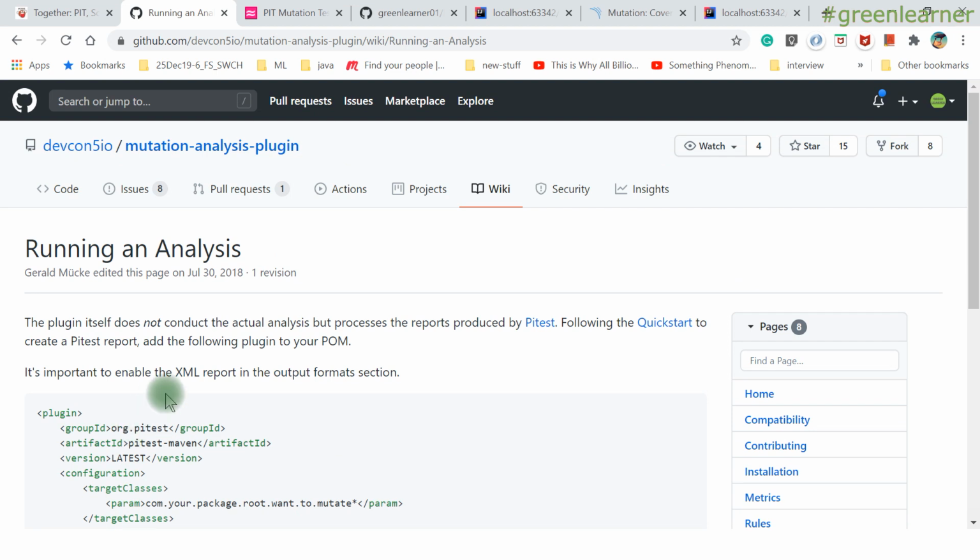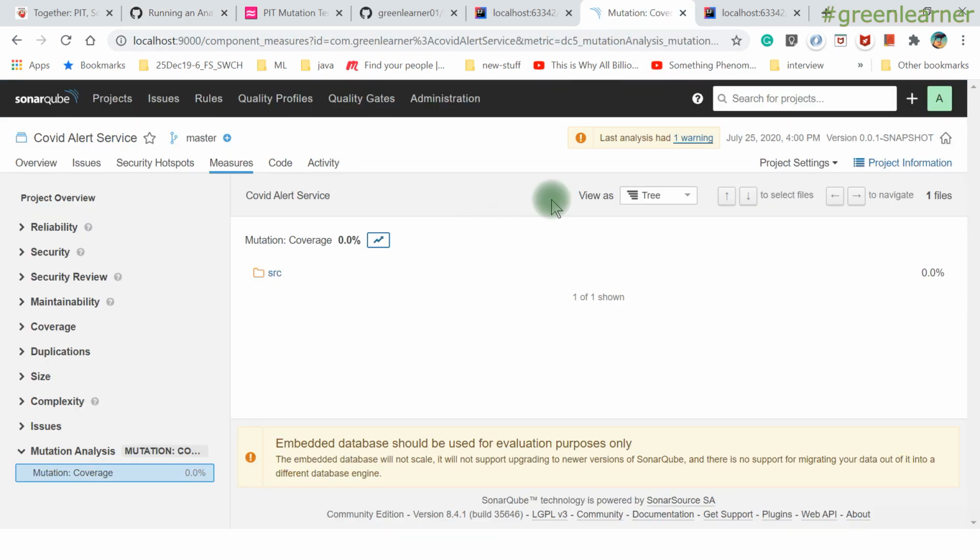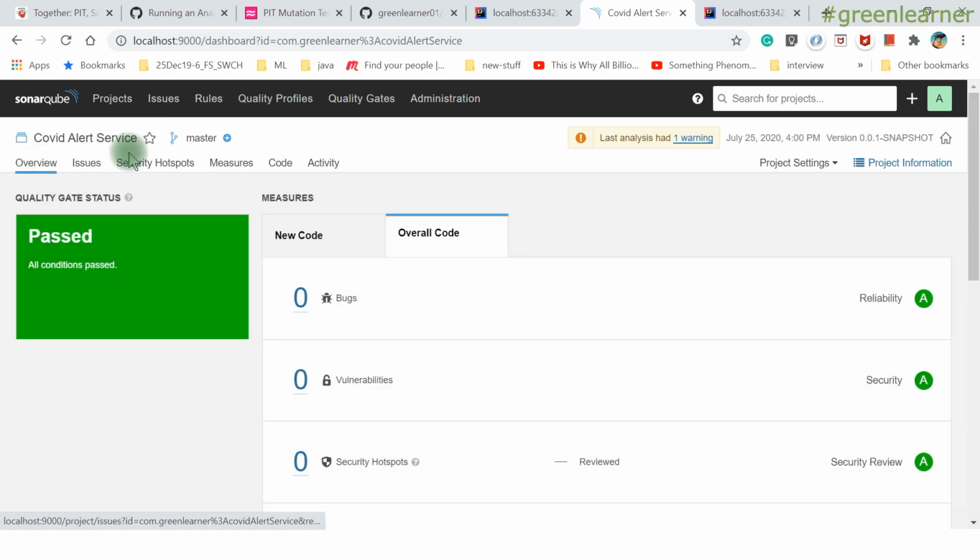So for the Gradle pitest plugin, SonarQube also does not officially support the mutation analysis in the portal. The plugin that we are using is community supported, right? So maybe that's the problem. Anyway, if you are able to execute this one, please post that in the comment section as well. And also if I come across this again and find what is causing the issue and am properly able to post it, I'll put that in the comment section as well, how you can fix it. For now this is the current status, right? So I was not able to fix it, so I apologize for that, but this is how you can do that, right?